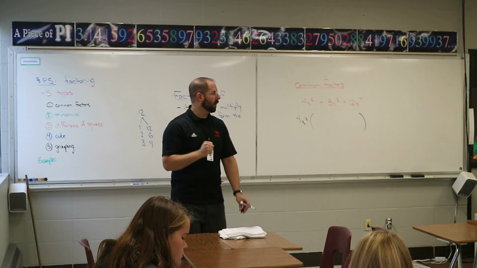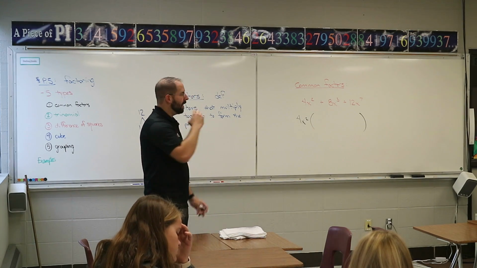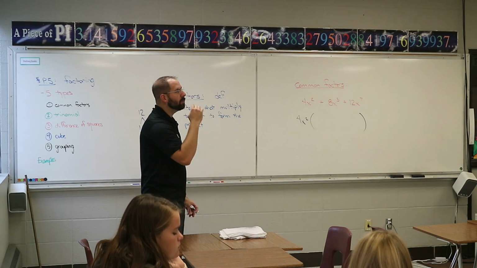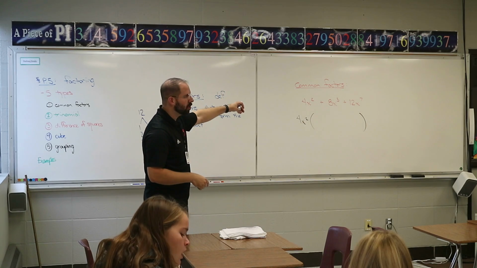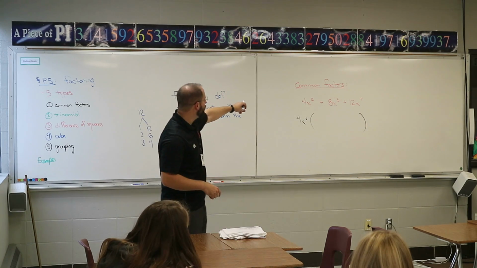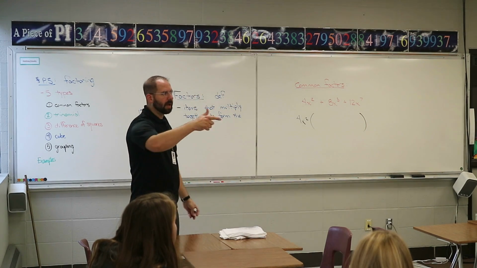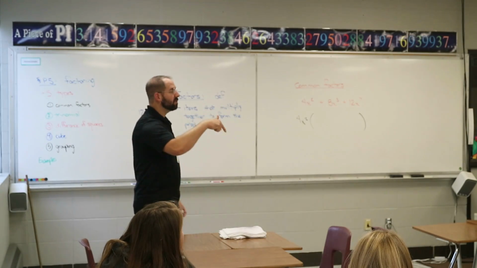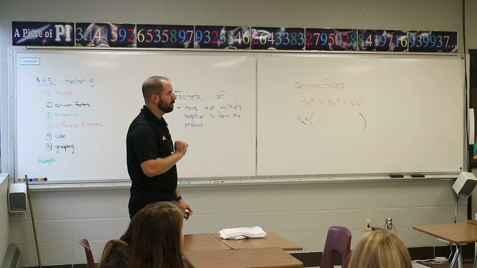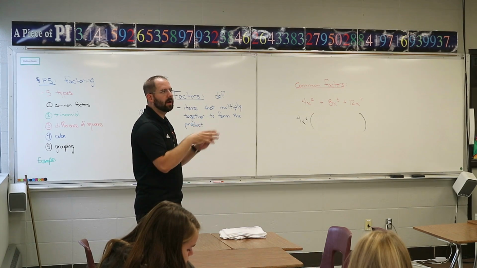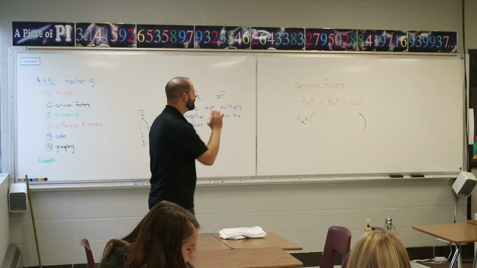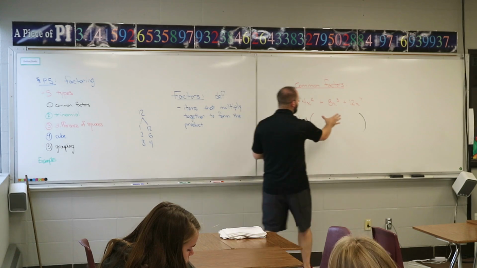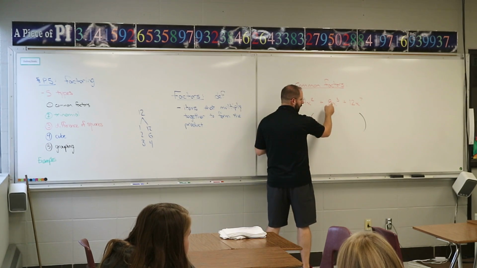And what you're left with, the item in the parentheses, should be the same size as the item that you started with. So what was the item we started with? Was it a monomial, binomial, trinomial, polynomial? What type is it? It's a trinomial. The thing in the parentheses better still be a trinomial. That's a misconception. Most people think, oh, I took it out, it's gone. No, the item that's left has to be the same size as what you started with,